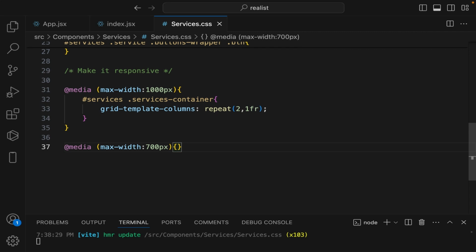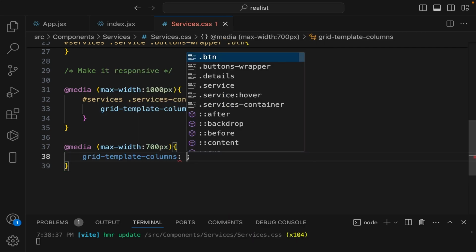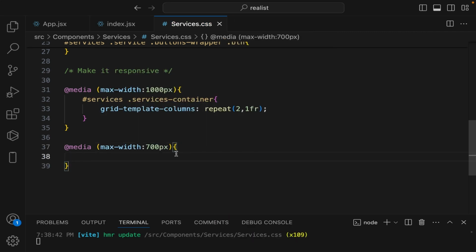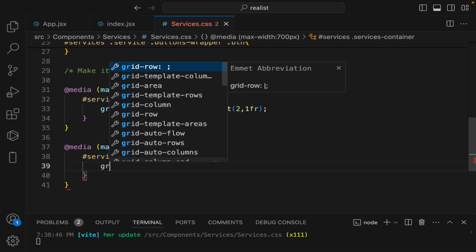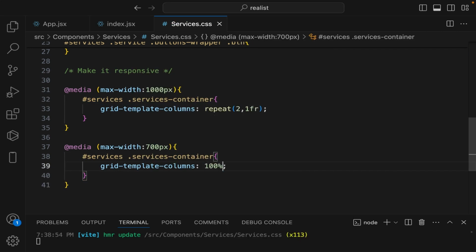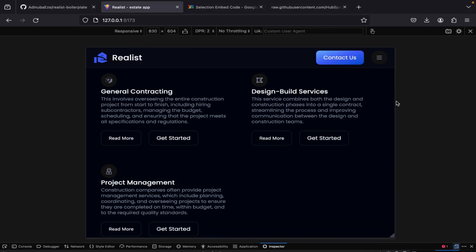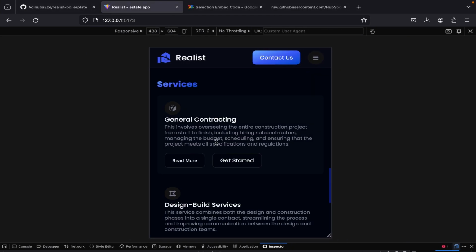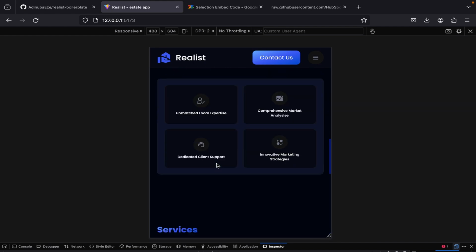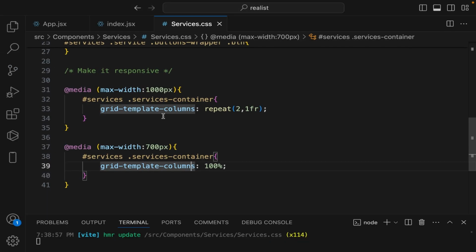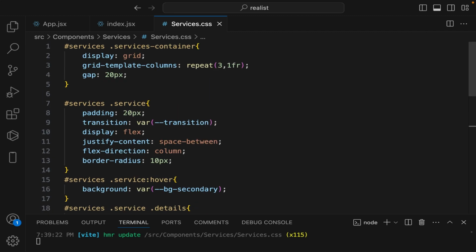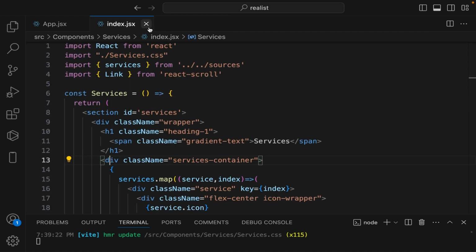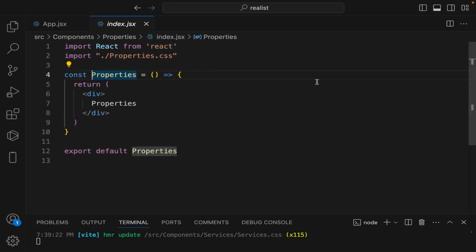And at 700 pixels, let's select our grid services container. Let's just copy and paste here. And let's say 100%. So look at it, it's now responsive, guys. This is responsive and awesome. So we can now go ahead and close these two files and let's go to the next component, which